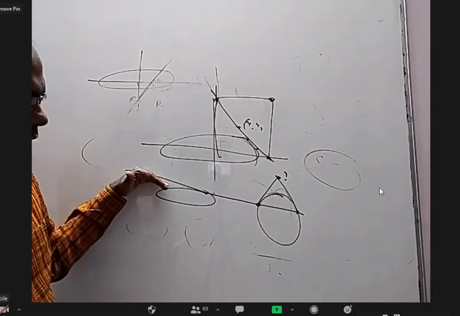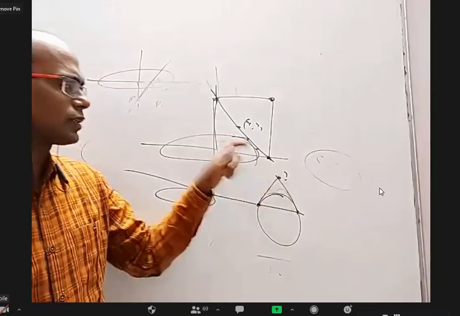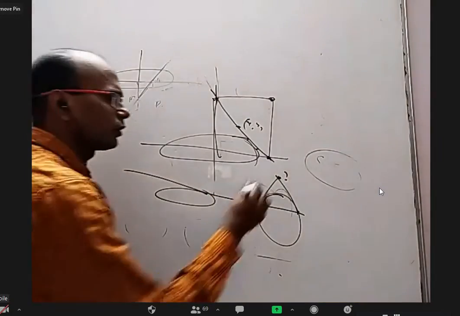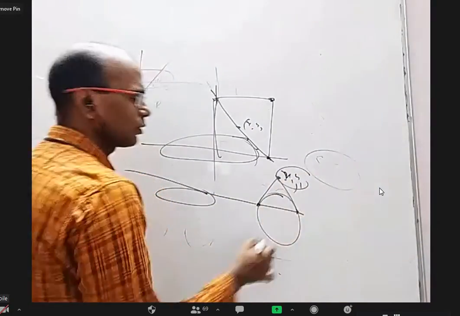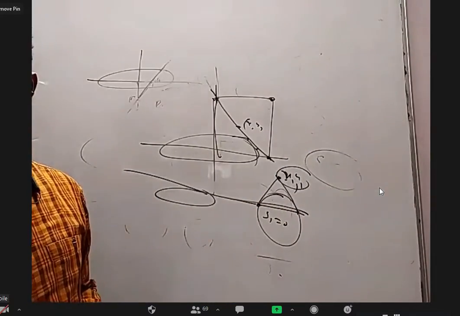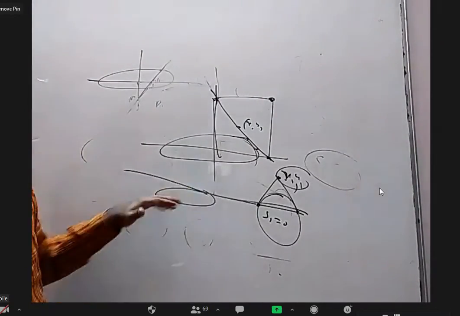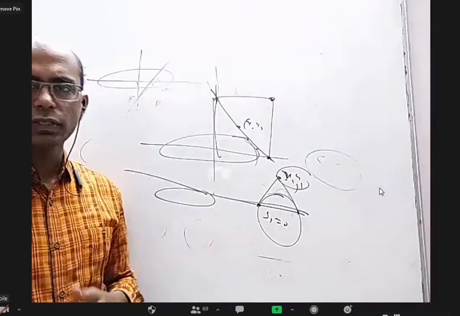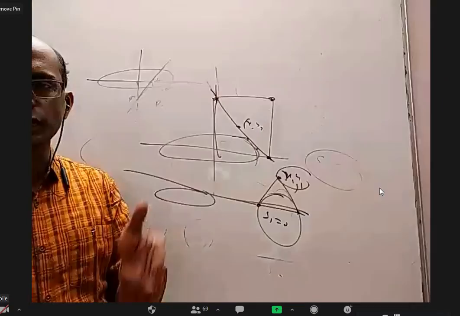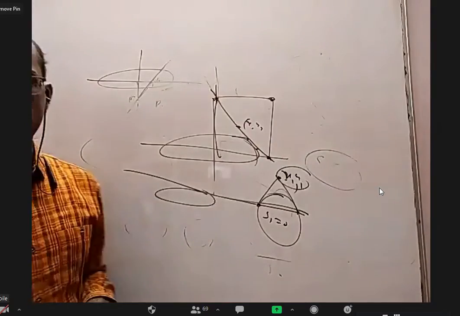A tangent to the ellipse is intersecting the circle at 2 points. At those 2 points, you draw tangents. What is the locus of that point? Simple. You take that as x1, y1. What is this line? S1 equal to 0 with respect to the circle, right? Chord of contact. Okay, now we got a line. Now, for a line to be tangent to the ellipse, what is the condition? n square equal to a square l square plus b square m square. Use that, you will get it.